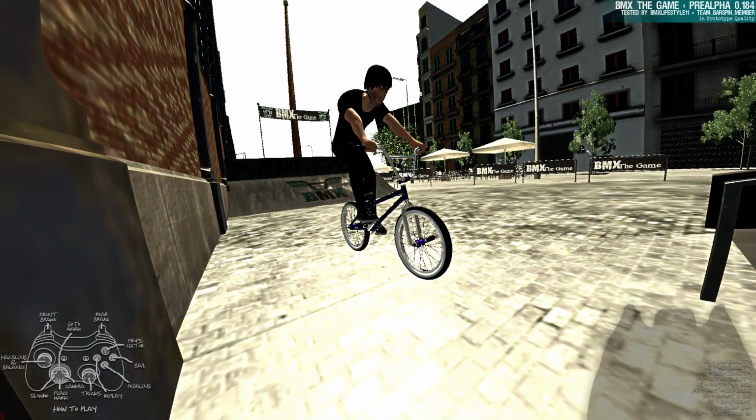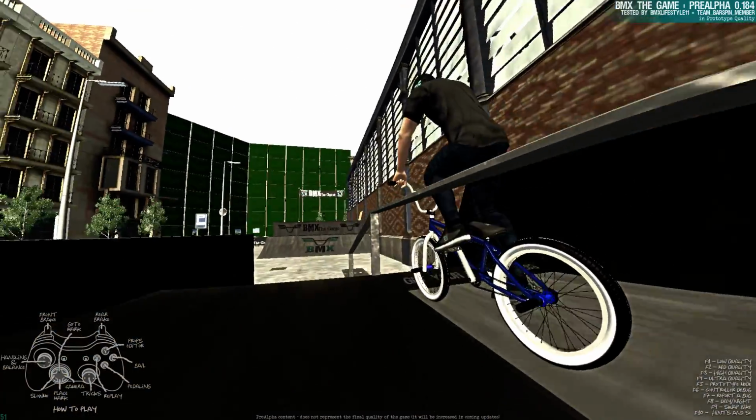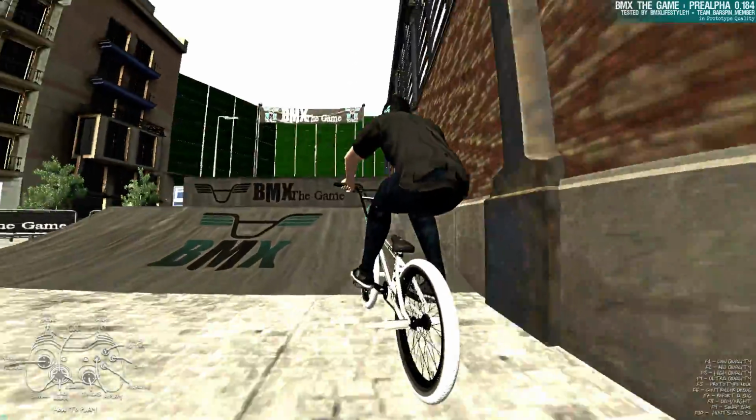I'm trying to switch my bike here, and it accidentally hit the wrong button. I can't seem to find the button at all. I don't know what's going on here. There we go. Normally I can get it first try. I don't know what took so